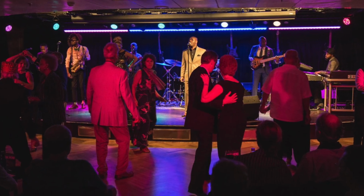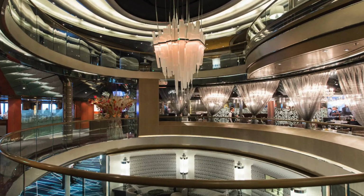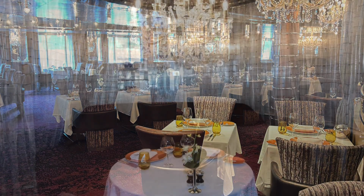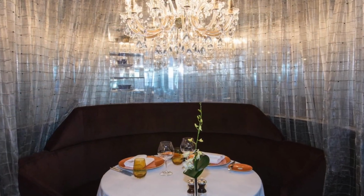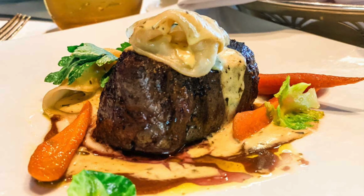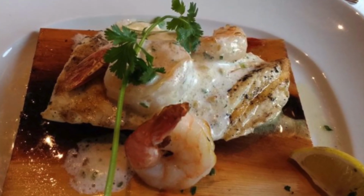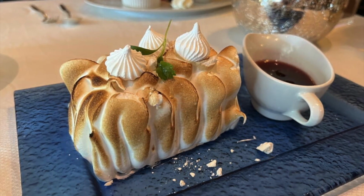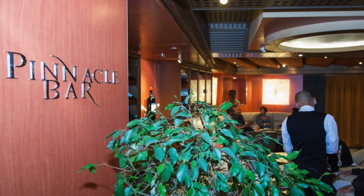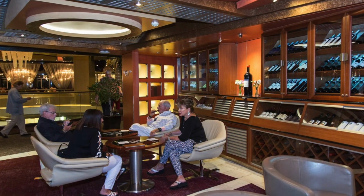night away. Continuing midship, you'll find the second floor of the atrium, which is surrounded by the Pinnacle Grill and Pinnacle Bar. The Pinnacle Grill is the ship's steakhouse, which is offered at an additional charge. Primarily focusing on Pacific Northwest prime meats, it also offers some fine seafood selections. And if you still have room, then don't miss indulging in their baked Alaska dessert. The Pinnacle Bar is a convenient spot to meet up for cocktails before dinner or the evening performance at the